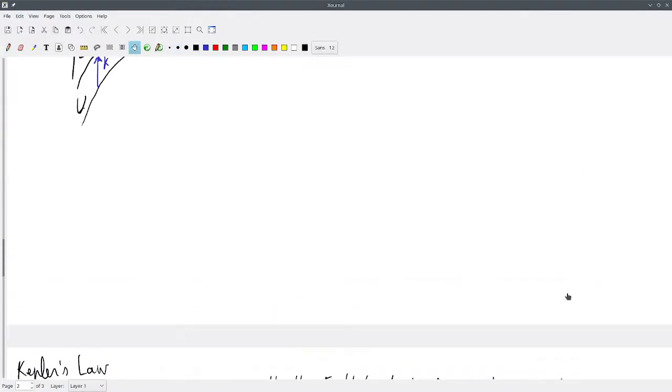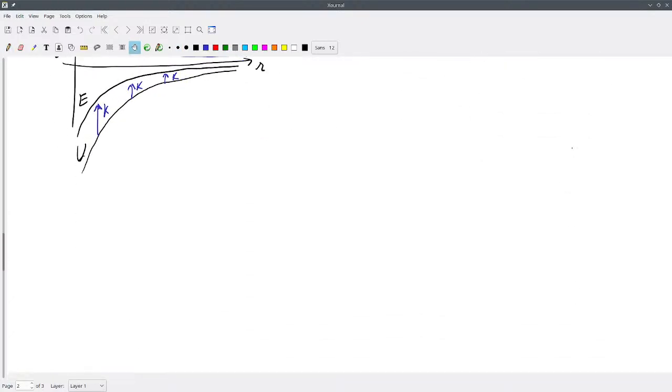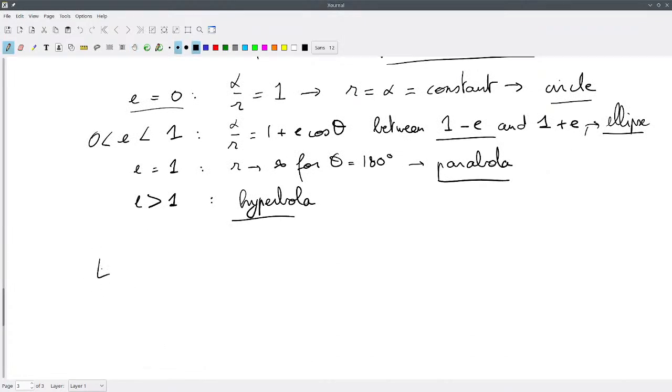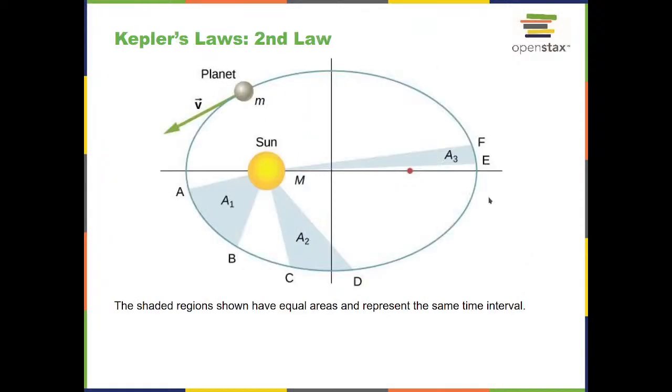In fact, if we look back at our total energy expression here, minus 1/2 GMm over r, the total energy in the case of a bound orbit, an elliptical orbit, will be minus 1/2 GMm, now not over r, but over a. And a is the semi-major axis, which really is just a way of saying it's